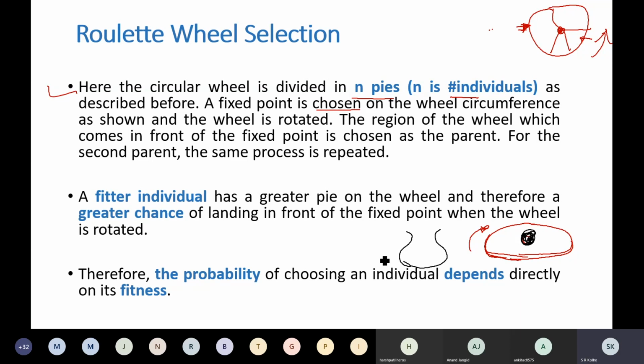If fitness is more, then the area on that wheel will be more. So a fitter individual has a greater pie on the wheel, and therefore more chance of being selected. Therefore the probability of choosing an individual depends directly on its fitness.